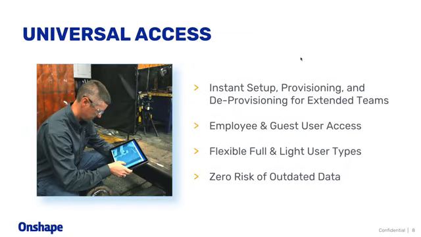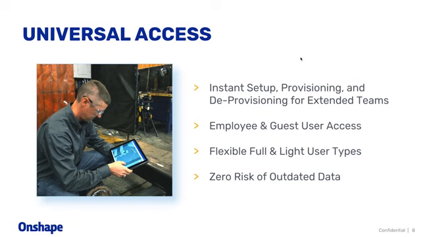Now, this is very much in tension with the need for universal access. All of our customers that we've spoken to have said, well, we really need to securely control all of our data, but the people within our organization, the authorized users, really need the right access, and they need to get that without waiting. So Onshape Enterprise is incredibly easy to set up, and it's incredibly easy to provision and deprovision